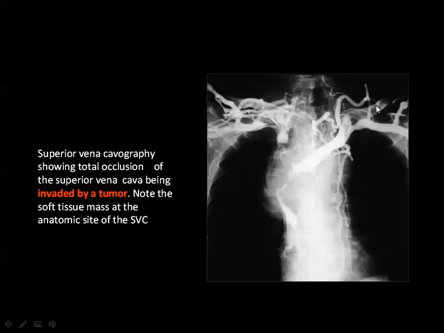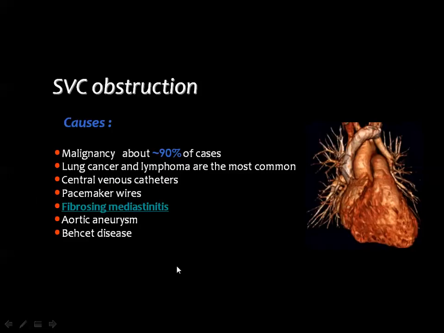This is one of the images using the old technique by injecting contrast material through a cannula placed on the dorsum of the hand and on the left side and also on the right side, with simultaneous injection of contrast material. And here, this is the region of the superior vena cava, and you cannot see the superior vena cava itself because of the presence of this mass, which was considered the most common cause of superior vena cava obstruction at that time. And here are the causes for superior vena cava obstruction, including malignancy, especially the bronchogenic carcinoma and